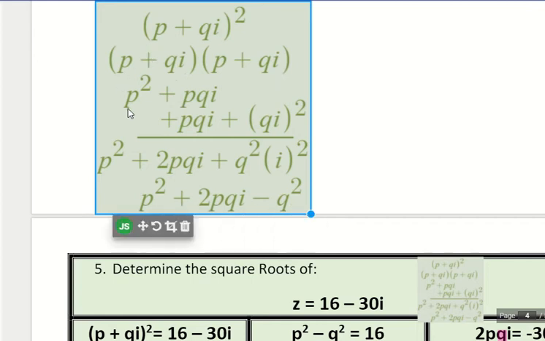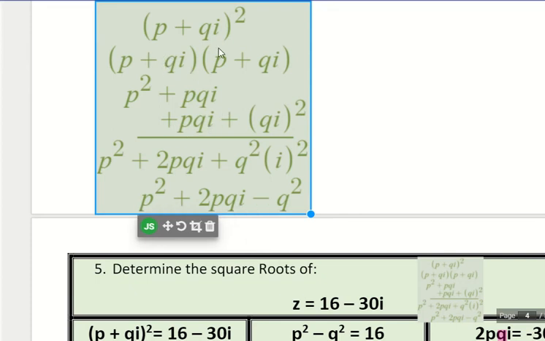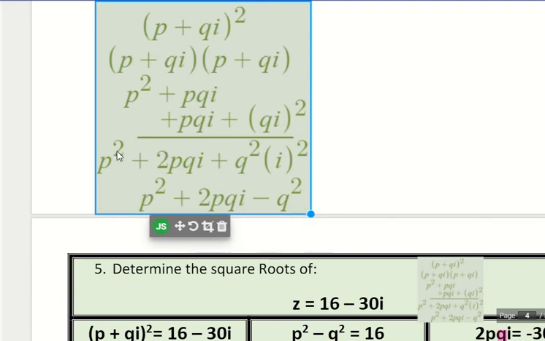When we distribute, p times p is p squared. p times qi is plus pqi. Then we go to qi times p, which is another plus pqi. And then qi times qi, we need parentheses here. This is (qi) squared. So now when we combine like terms, we have our p squared plus 2pqi plus q